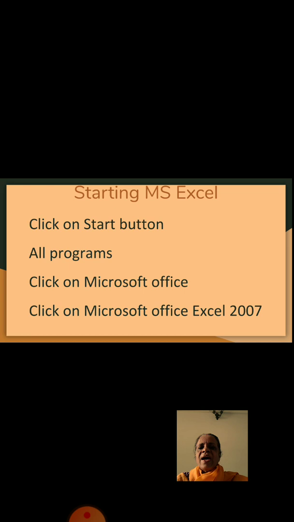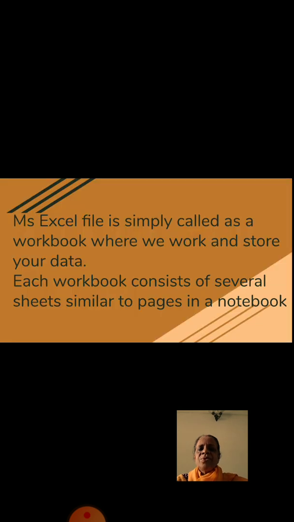Now I will just tell you how to start your MS Excel. It's very simple. Everybody would have seen your desktop. On the bottommost portion of your taskbar, you see the start button. So click on the start button. Click on All Programs, then Microsoft Office group. Under the Microsoft Office group, you will see the application name Microsoft Excel 2007. So we are learning the version Excel 2007. Start button, all programs, Microsoft Office Excel 2007.